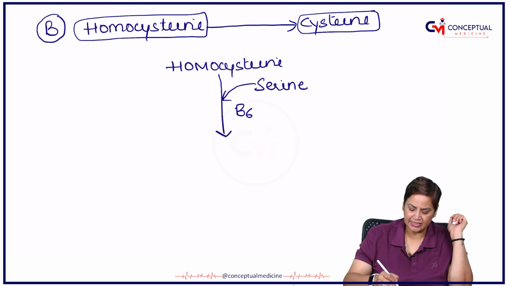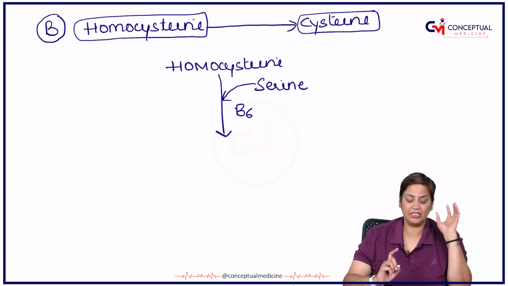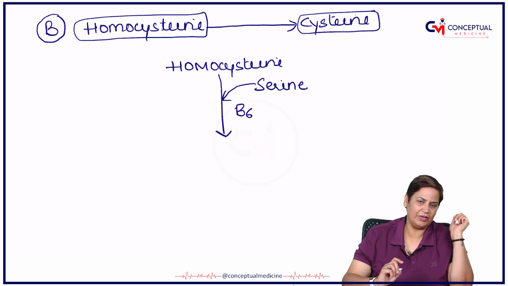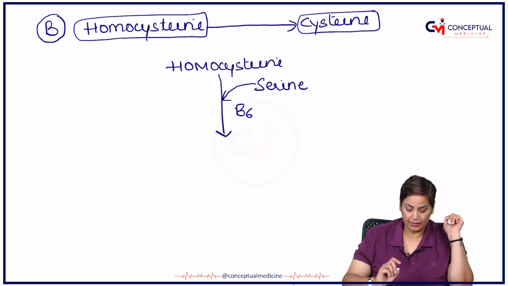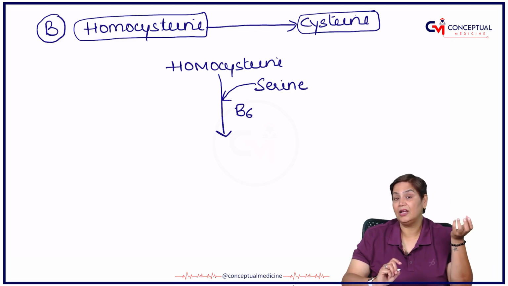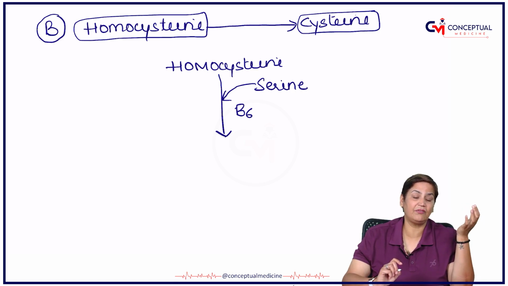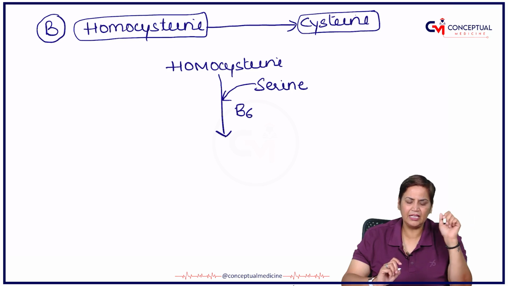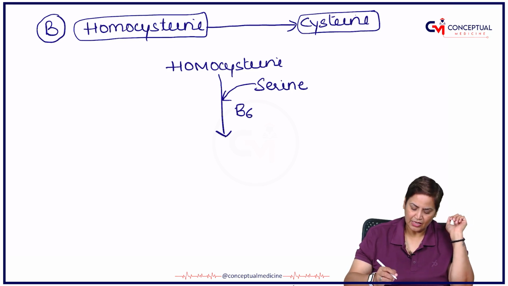We all know B6 is PLP, which is the most important coenzyme, in fact 95% of the reactions related to amino acid metabolism. And the principal reaction, transamination, which is actually the fate of all the 20 standard amino acids, I mean except 3, they require B6 as a coenzyme. So B6 is the coenzyme, and the enzyme here is